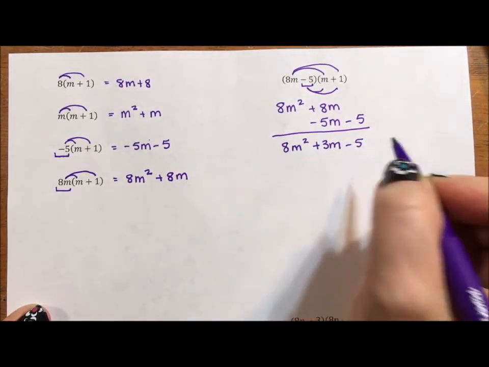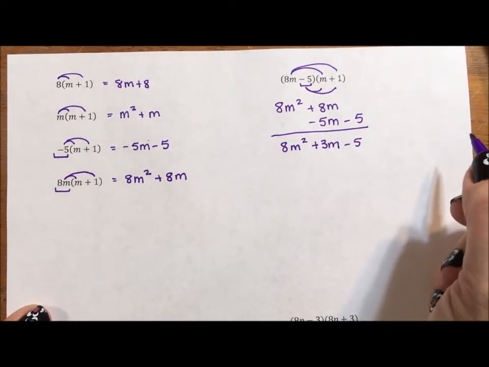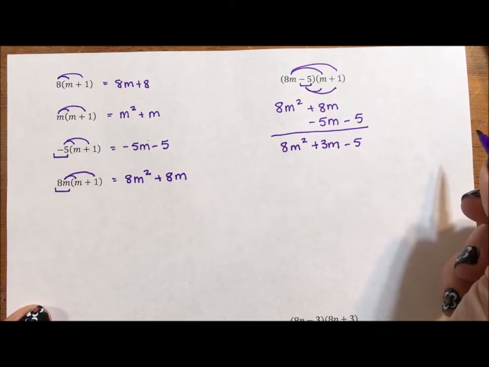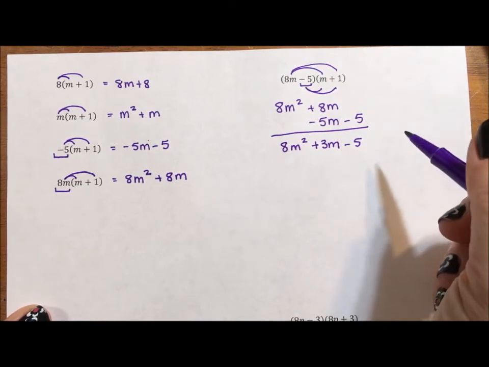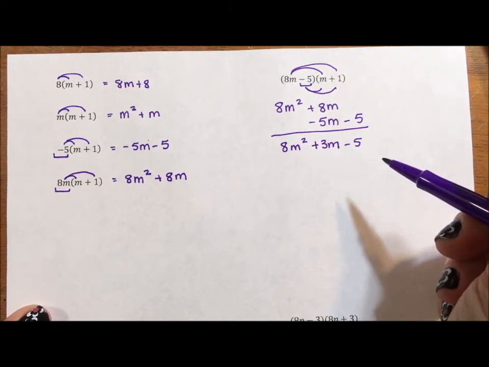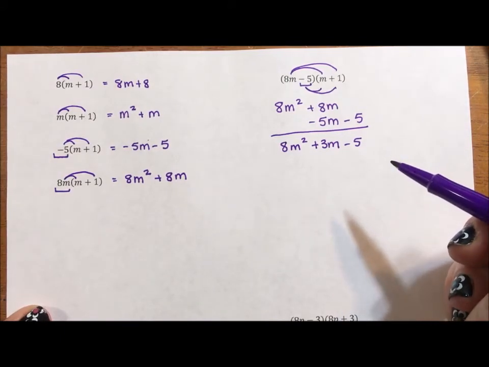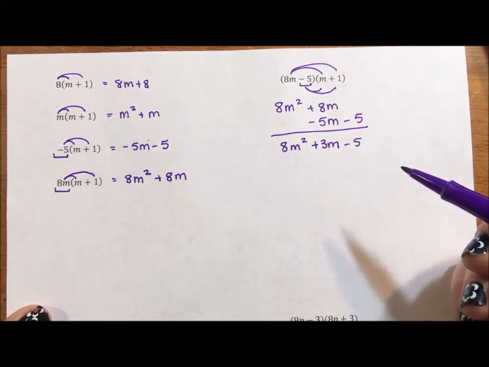minus 5. Now before you say, but isn't there a really cool 4-letter F word? I don't like 4-letter F words in my class. It does not do you well, because as soon as you have a binomial times a trinomial, a 4-letter F word is going to mess up your answer. Distributive property of stacking works every single time. Binomial times binomial, trinomial times trinomial, binomial times trinomial, and if you have a really mean teacher, something bigger than